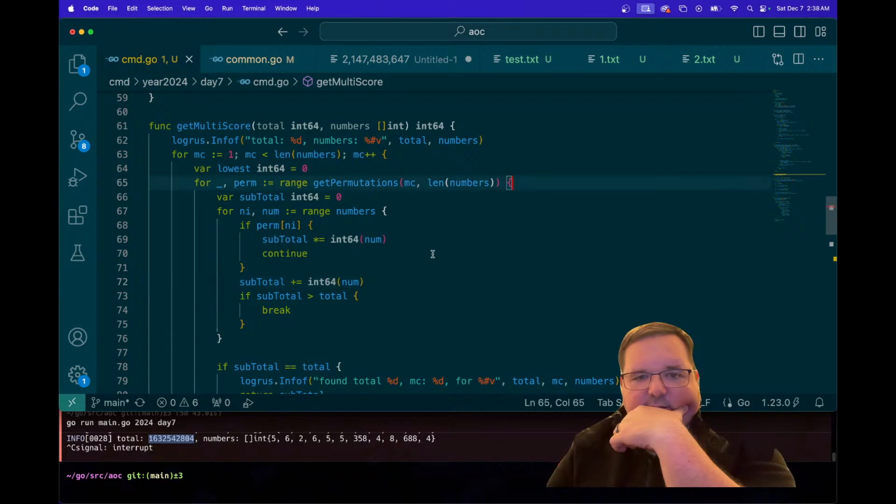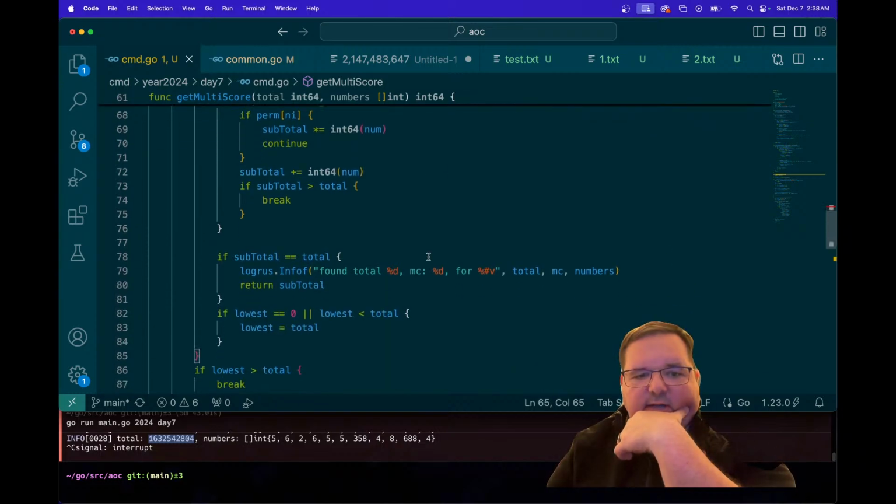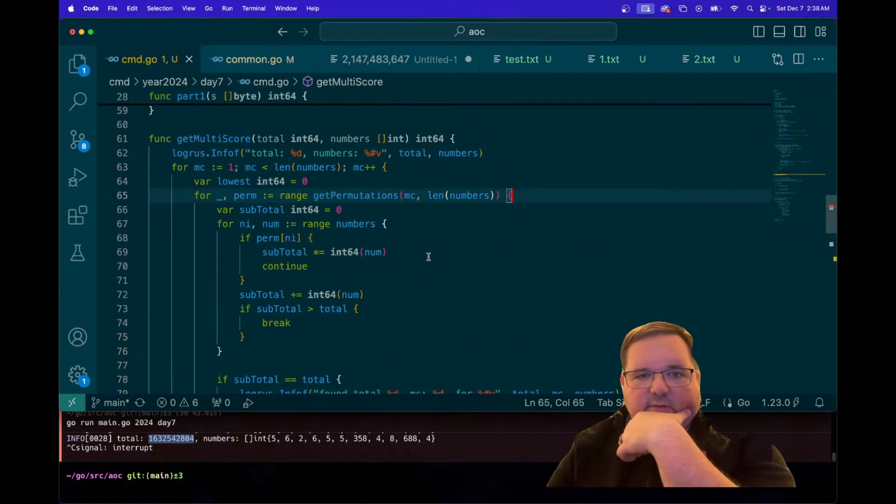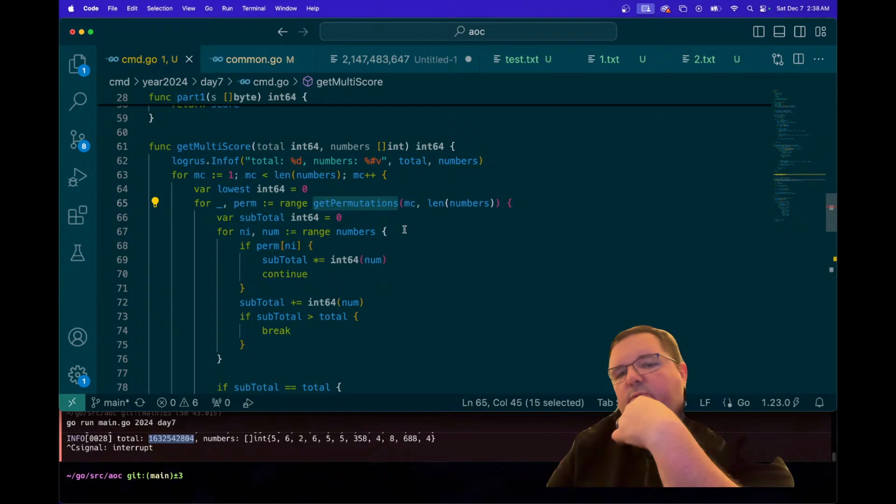Because lowest would kind of do the same thing as going recursive. Just the downside is the number of permutations that has to be calculated. Okay. So